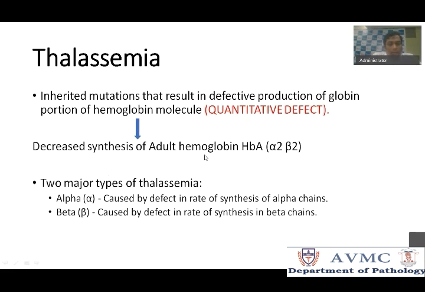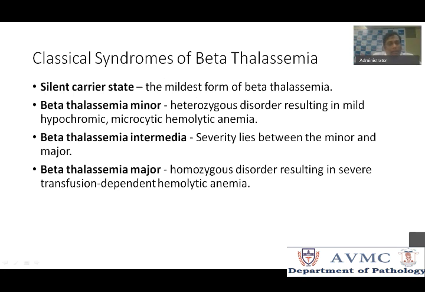So there is decreased synthesis of adult hemoglobin. In beta thalassemia, you will not have beta 2, so alpha 2 will pair up with gamma 2, forming fetal hemoglobin. So it's of two types. This case is a beta thalassemia, but there is also another type called alpha thalassemia. Again, the patient can be asymptomatic, depending upon how severe the disease is and how many globin chains the patient has. They may present as asymptomatic or severely symptomatic. So it can be beta thalassemia minor, beta thalassemia intermedia or beta thalassemia major. All this is based on clinical presentation or the severity of anemia.